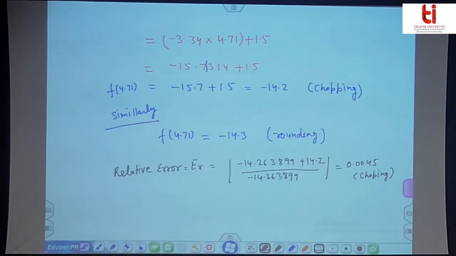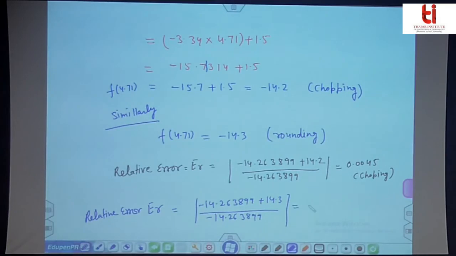And the relative error using rounding, minus 14.263899 plus 14.3 upon minus 14.263899, is coming out to be 0.0025. So if you see, the error due to rounding is less than the error in chopping